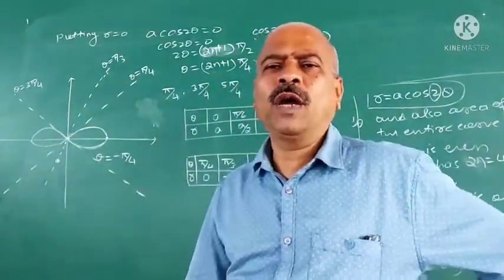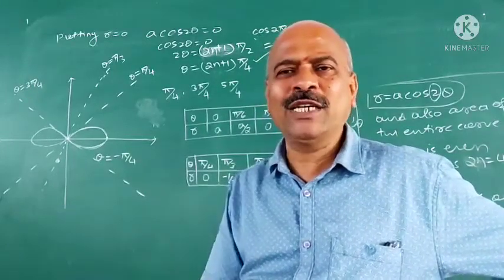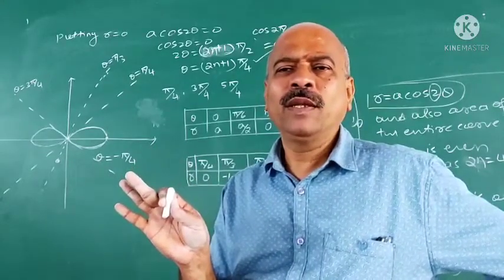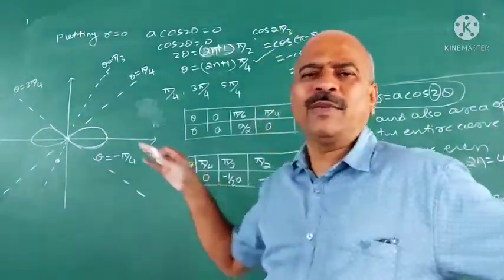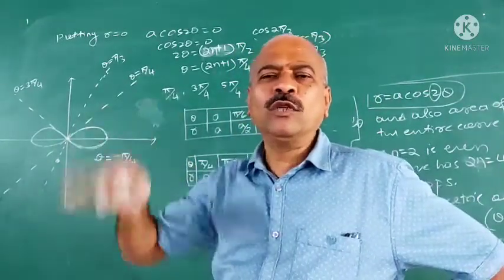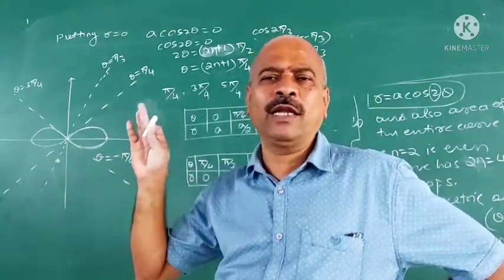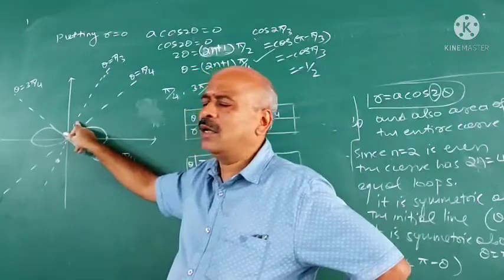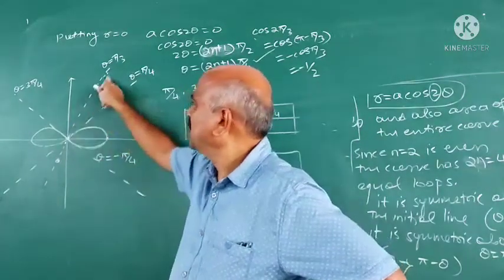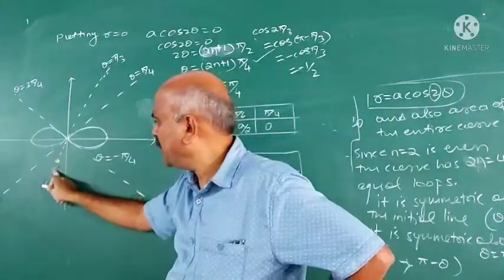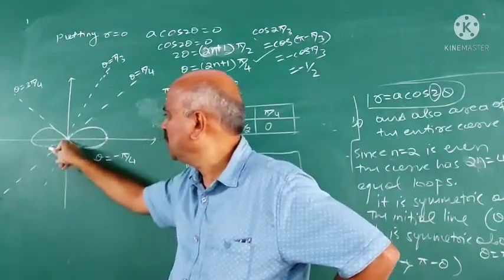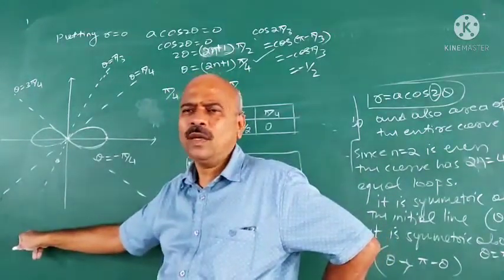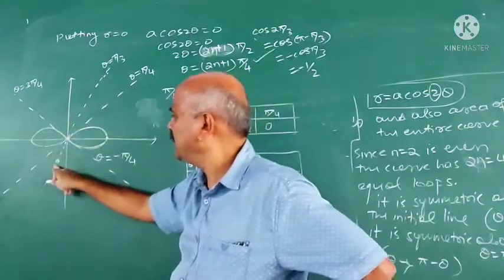All of you know how to represent points in polar form. That you have already studied. How to represent the point when r is negative? When r is measured along the line opposite to the line bounding the vectorial angle, then it is negative. Correct? The line bounding the vectorial angle pi by 3 is this line, and if you measure r in the opposite direction, r will be negative. So minus a by 2, pi by 3 lies here.